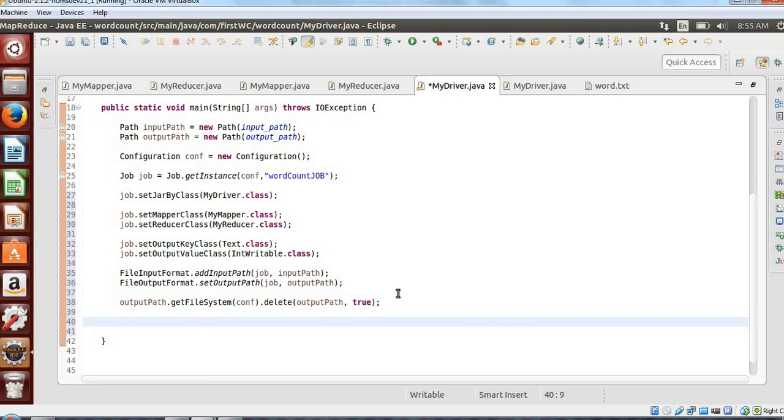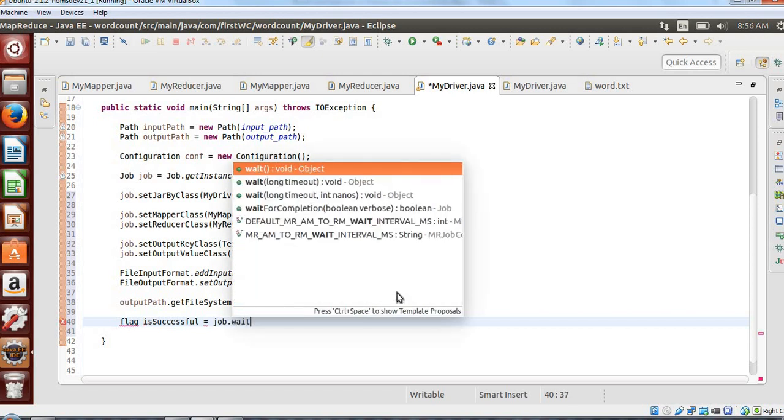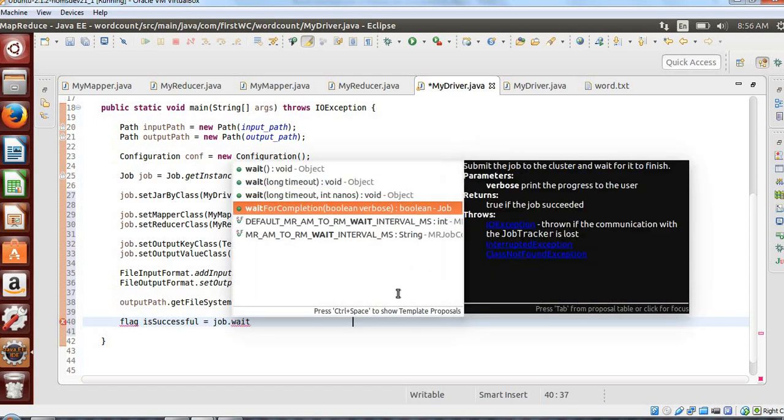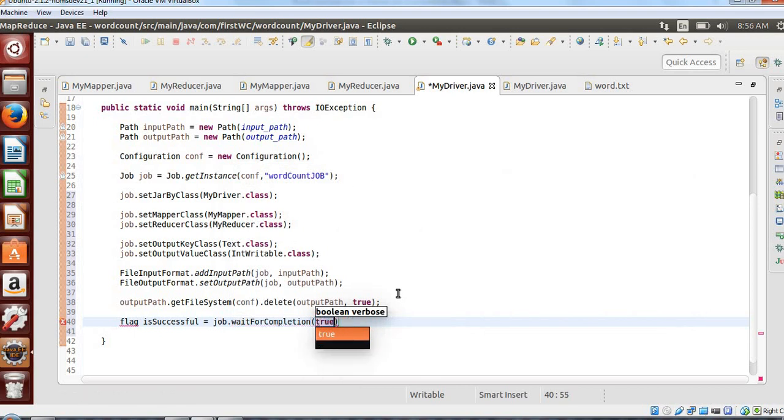Now let me add a flag, isCompleted or isSuccessful. Then job.waitForCompletion is a method which will eventually execute your job; sorry, it should be Boolean type.